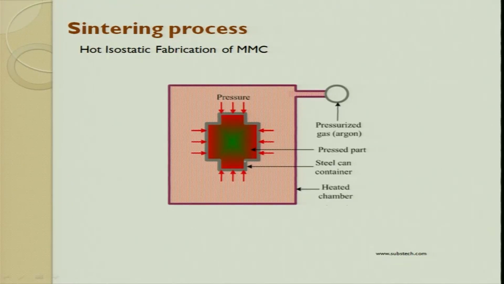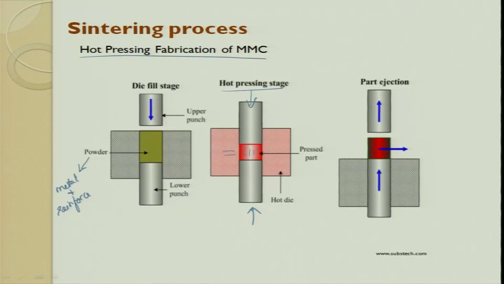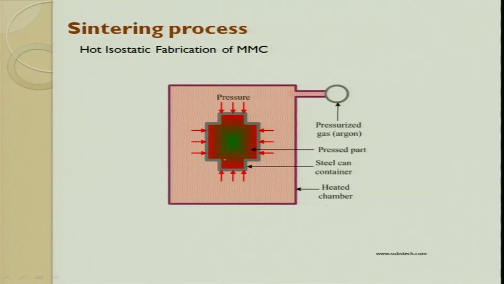Next one is hot isostatic pressing. Hot isostatic pressing addresses the deficit there. For example, in these directions there is no pressure applied. If the pressures are not applied properly, there might be a problem that at these places the compaction is not proper. So, in order to avoid this and get the best out of it,